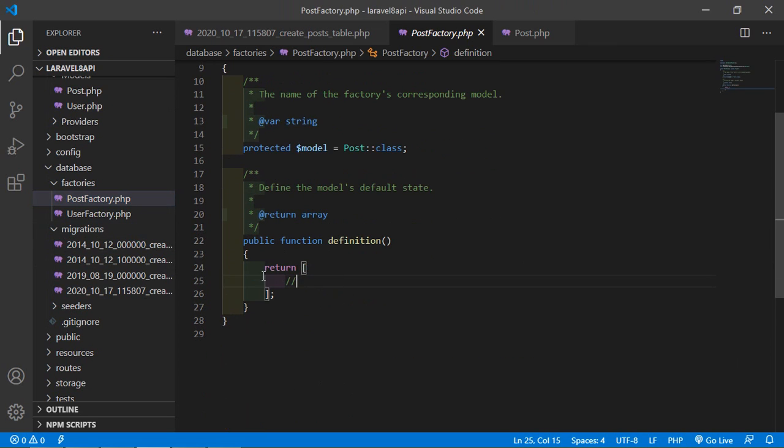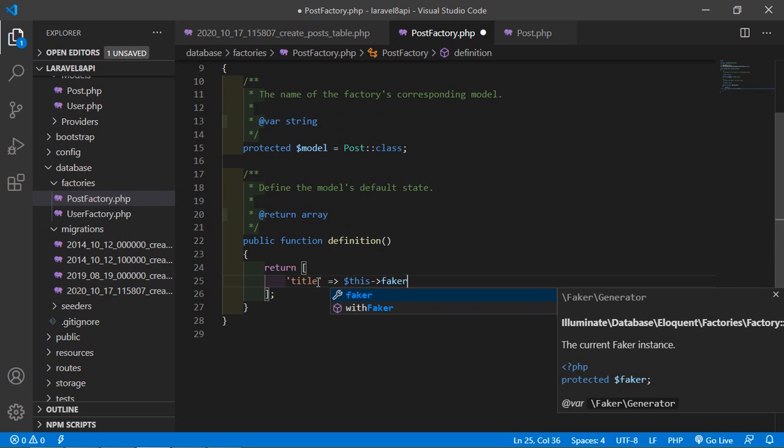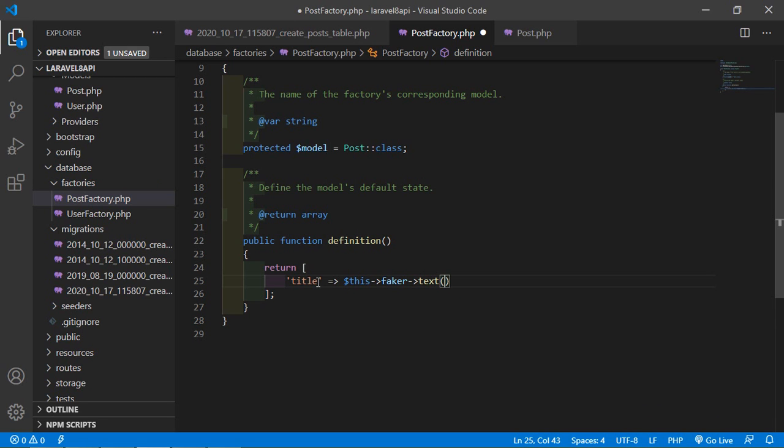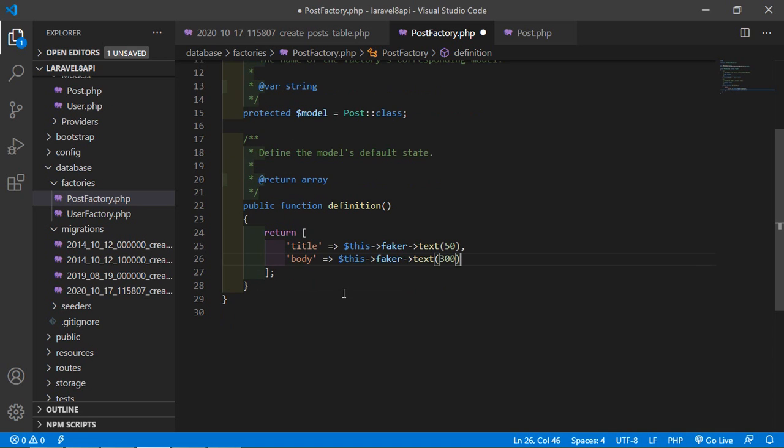And inside this definition, inside this return array, just write here column name title and arrow $this->faker, and just call here a text function, and inside this let's say 50 characters, and body, just add here the comma, not semicolon, arrow $this->faker->text, and number of characters 300. All right, now save this file.